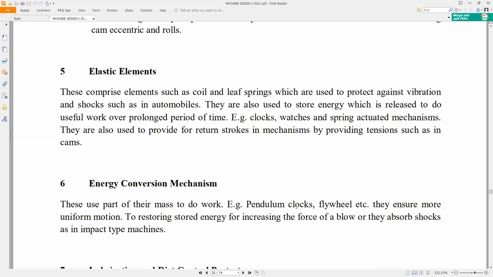Okay, so either it absorbs the shock, or it can store energy and then it will restore it when it is needed. Again, if you look at the design of the engine block, for instance, on the connecting rod outside it, they've mounted this what we call the flywheel. And this flywheel, because if you look at the firing order of the engine, it's intermittent and the engine fires intermittently. Okay, so assuming you have only one cylinder engine,